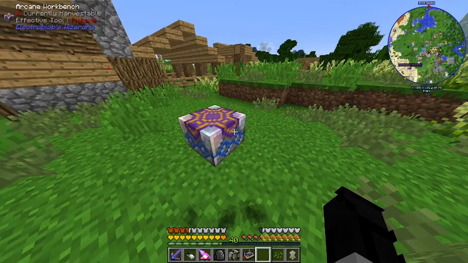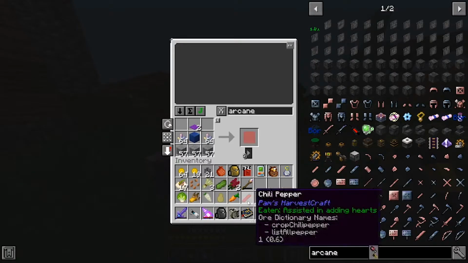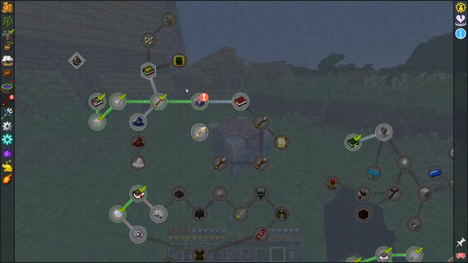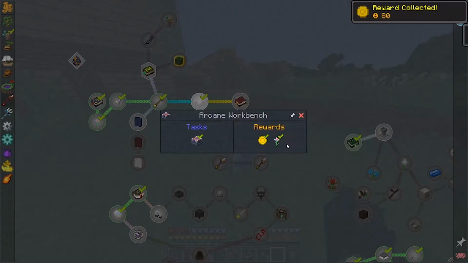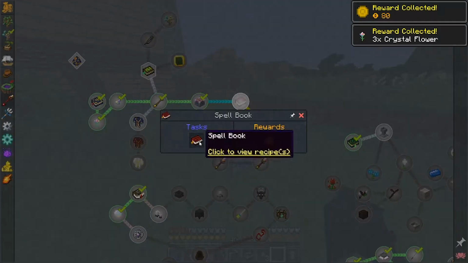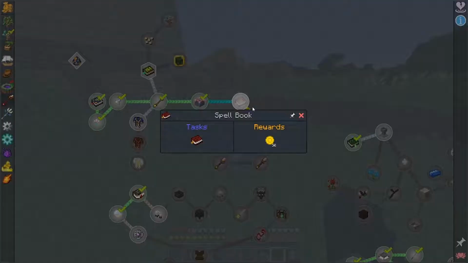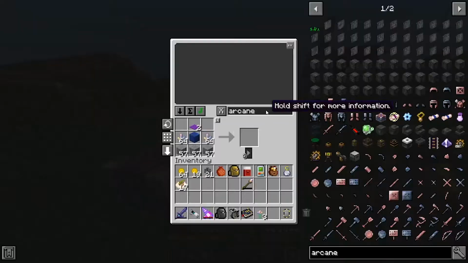Boom. Magic. And put all this junk away. Okay. We have our arcane workbench. Collect some crystal flowers, apparently. Spellbook. Magic missile. A book. And...